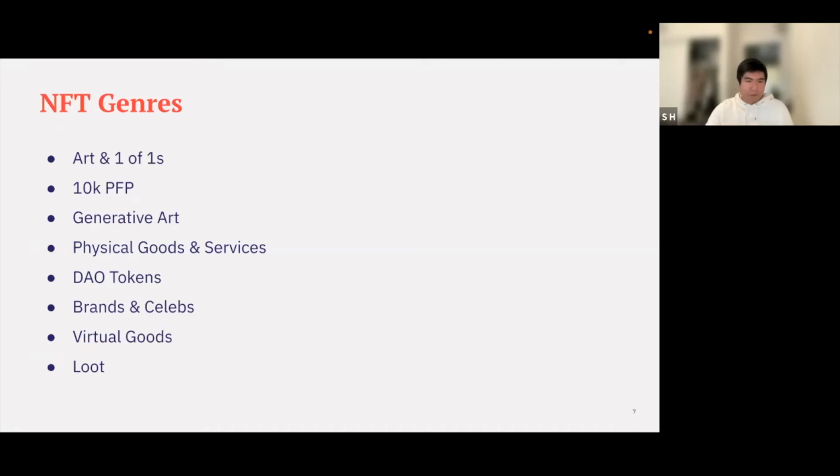And we have really primitive NFTs like Loot, basically some sort of primitive infrastructure where people can define items, and then people can build experiences on top of these items. Maybe I'll speak on that a bit later, but I think Brick is similar, where they give you tools to build Legos as NFTs, and what you do with them is up to your creativity. So I think those are some of the really interesting genres of NFTs.